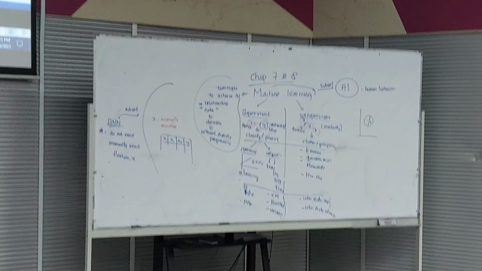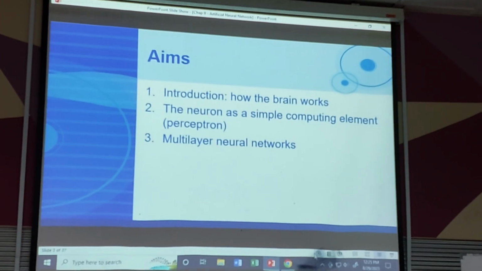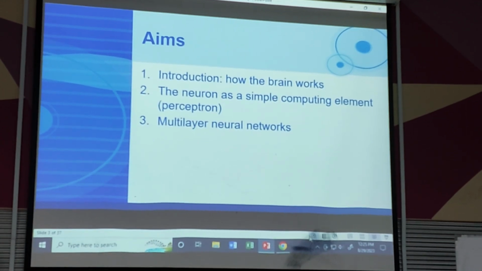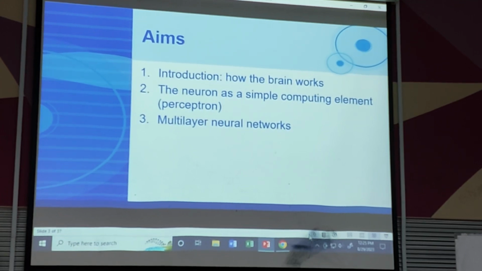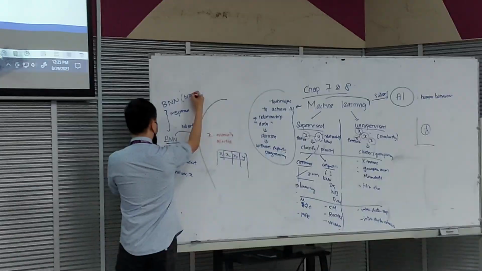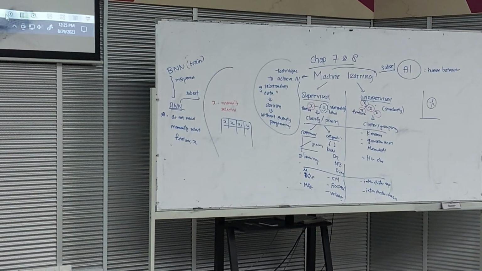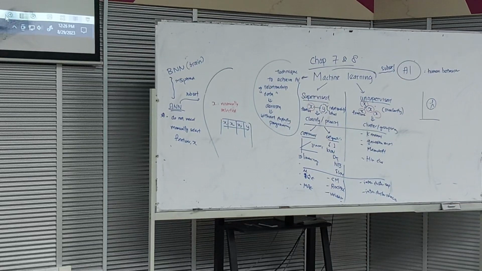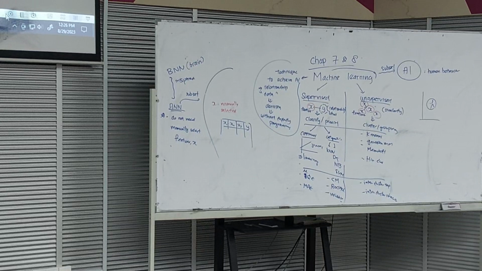The first one, how the human brain works. This artificial neural network is actually inspired by biological neural networks. In short, a biological neural network is actually our brain. Someone went and studied how our brain works and copied the architecture into artificial neural networks. So in order to have a better understanding of what an ANN is, we have to first understand how our